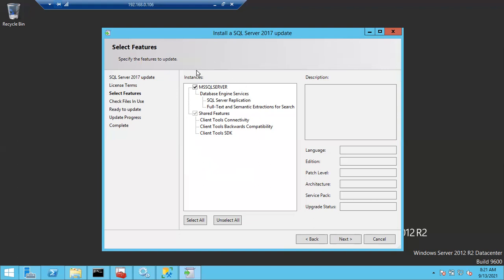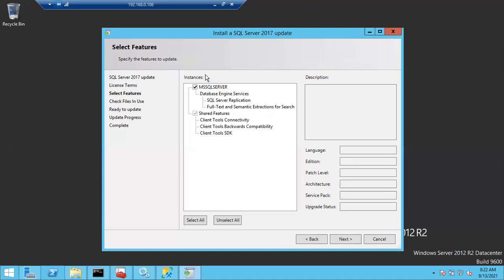Say for example, I have 3 instances, and all 3 are running on 2017. You can see all 3 instances here. If you want to patch all 3 instances, you can select all, see here, select and unselect. You can select all 3 instances like this and patch all 3 at a time. Even though you choose all 3 at a time, they are going to patch one by one. They don't patch in parallel. Once the first instance is completed, it will patch the second instance. Once that is completed, it will patch the third instance.